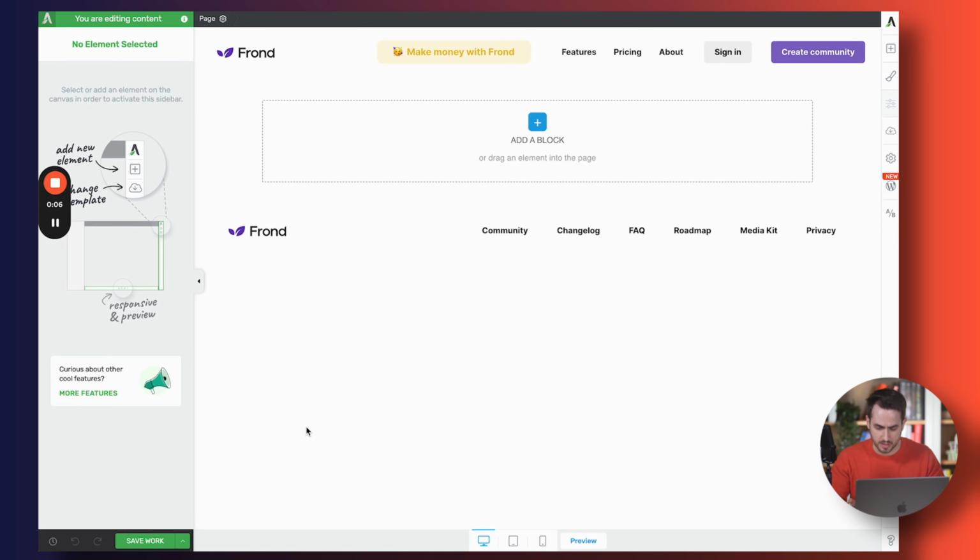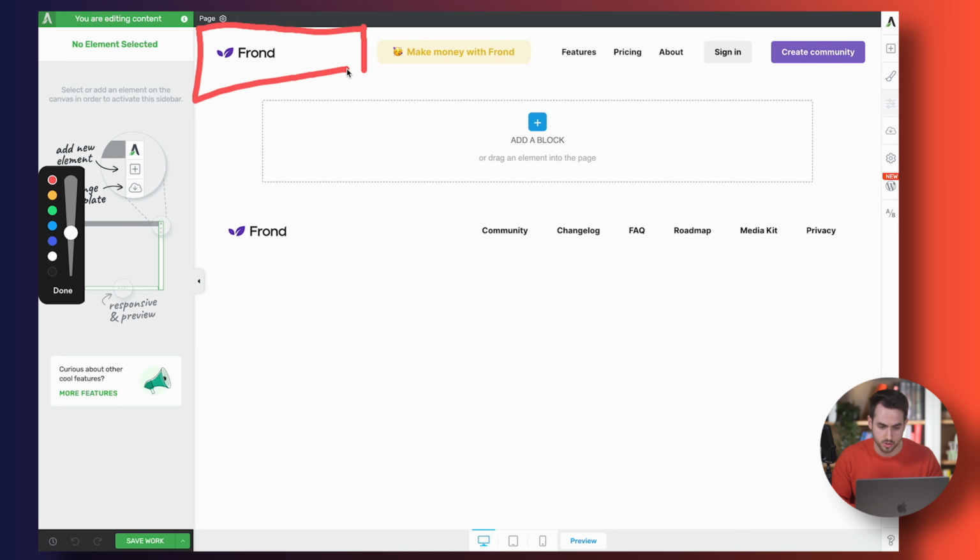Perfect, so we can start building now, and as you can see, I've got a blank page opened up with Thrive Architect. I simply have the header and footer created here. As I said earlier, I've already created this. A quick run through how I did this: I have two main columns inside my header, one for the left-hand side of the header, which is made up of my logo, and then I have a right-hand column that contains a series of